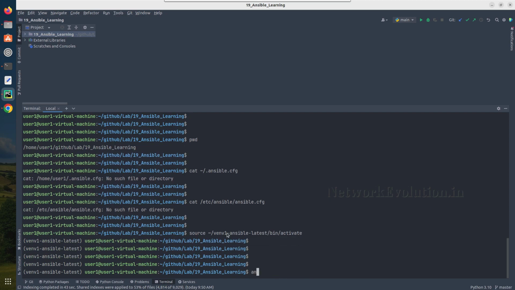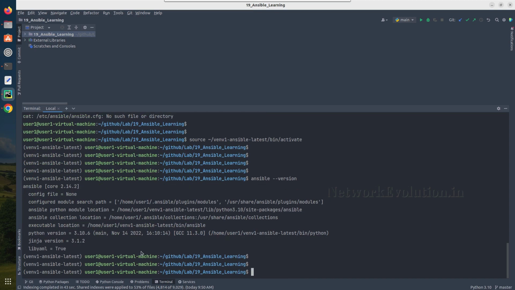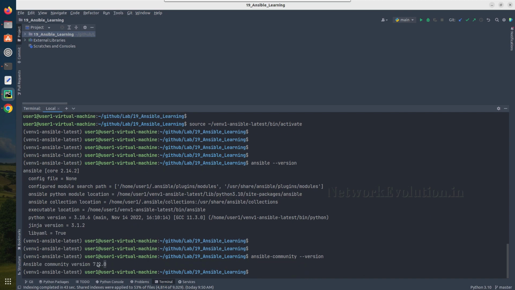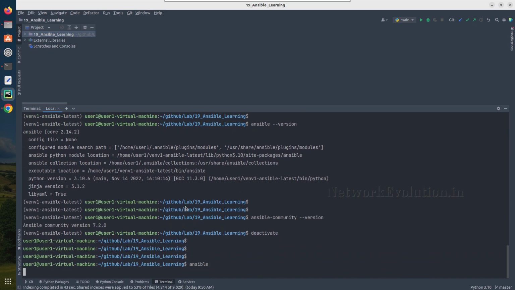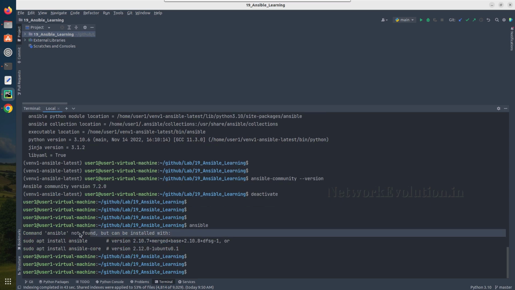And here if I give the version command, Ansible core version is 2.14.2 and community version is 7.2.0. This is the latest available while recording this video. If I deactivate and here if I give Ansible, so it is not installed in the base machine. Let me get into the virtual environment,